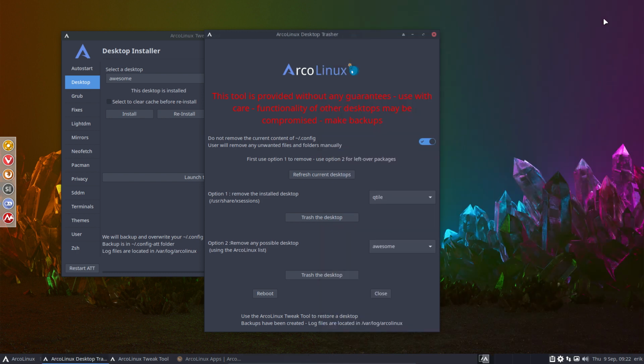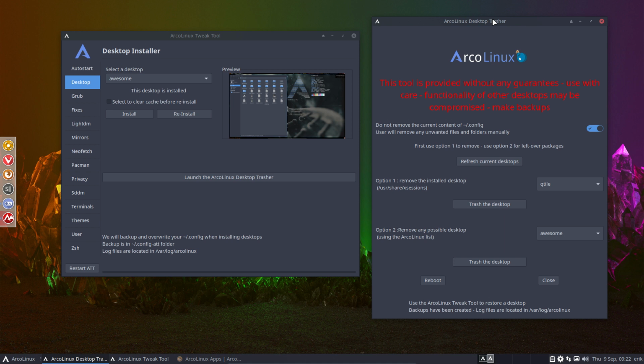So it's that simple. But as you see here, we're afraid to give you this kind of power because it's trashing, right? It will remove things and it might remove more things than you want to. There are backups, there are logs as well. Log files are located here. So use this when you're exploring, not on your real machine or your